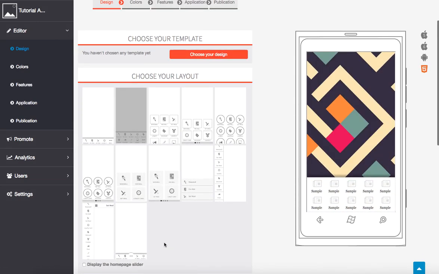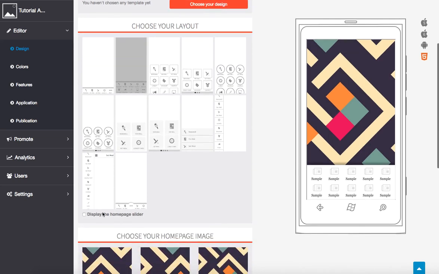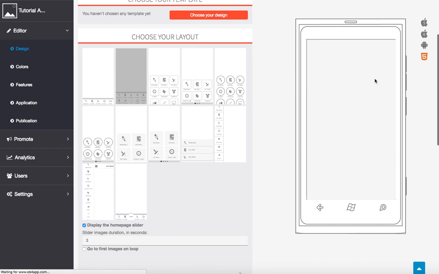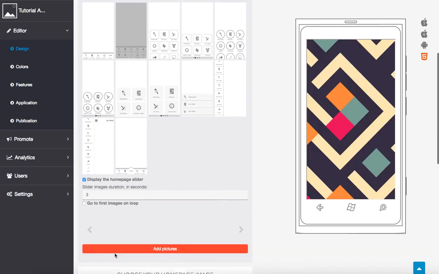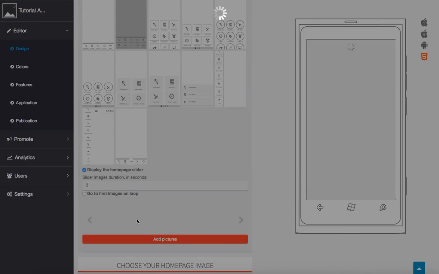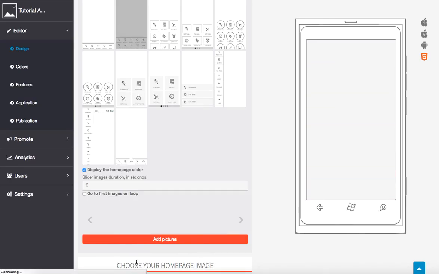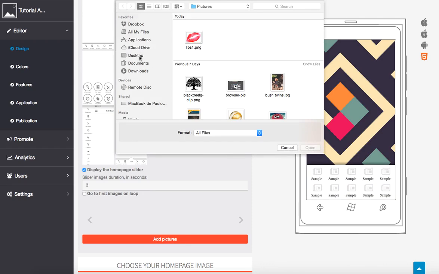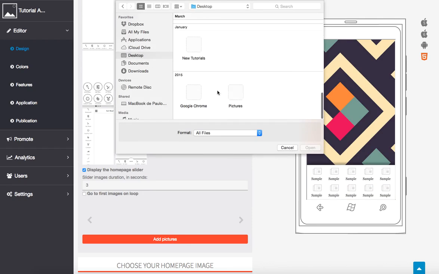Now, what you can also do is display a home page slider. So if I select here on this little box, we can have an image slideshow come up top here across our screen. What I mean by that is, we can choose how many screens, and we can have them go in a loop if we want. And to see what it looks like, I'll add pictures. As I select this red button here, it's going to go into my pictures for a second,